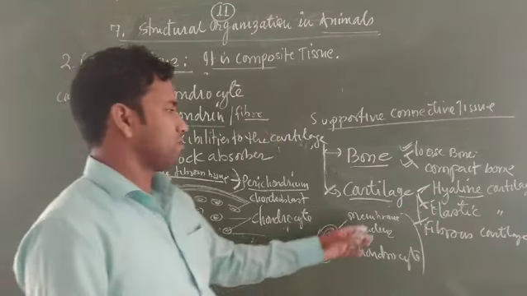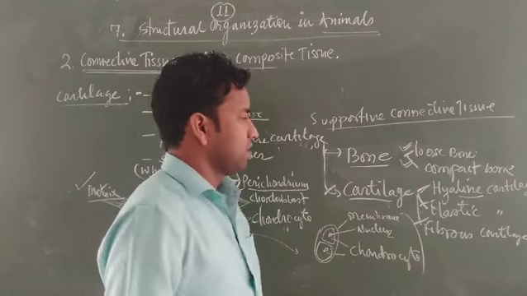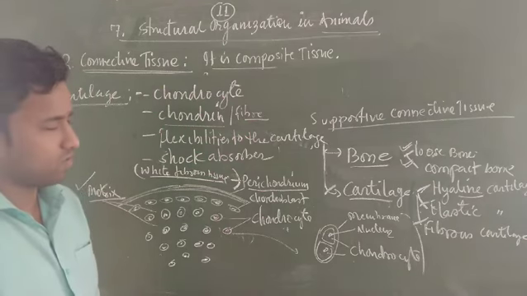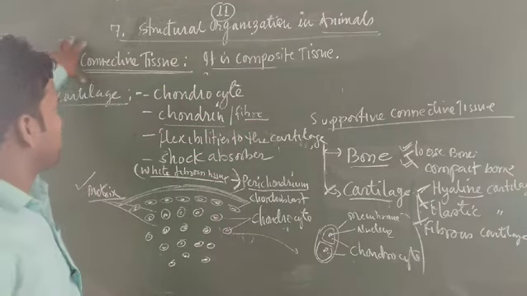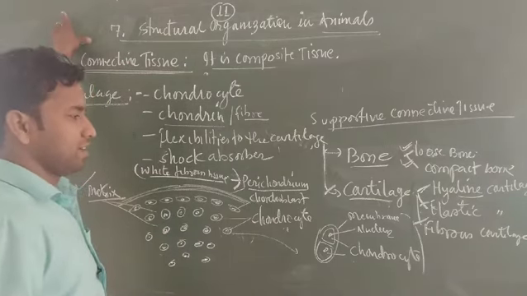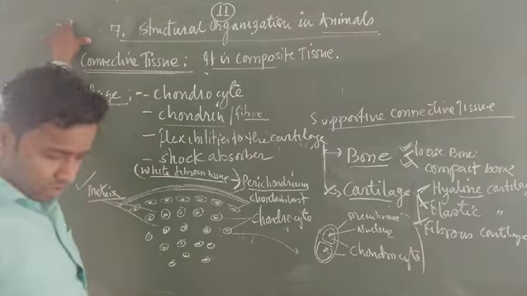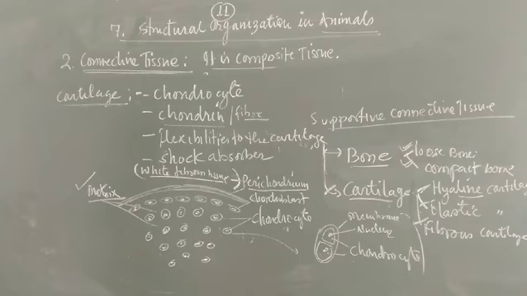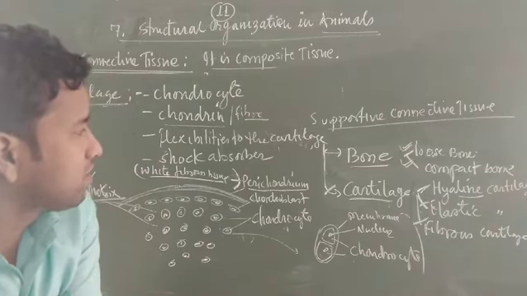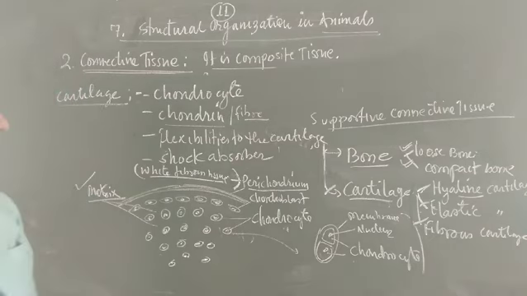Students, I am not going to discuss hyaline, elastic as well as fibrous cartilage. This point will be learned at the time of discussion of the skeletal system of the human. At that time it will be possible to discuss hyaline, elastic and fibrous cartilage. The important part is the difference between them: what hyaline cartilage is, where it is found, what elastic cartilage is, and what the location of elastic cartilage in the body is. It will be discussed at the time of discussion of the human skeletal system.